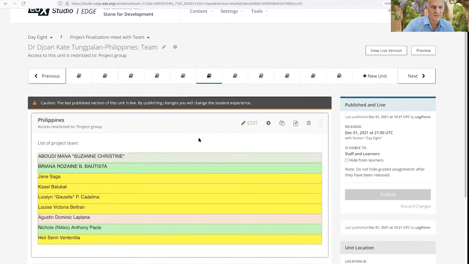This is the Philippines. She was very surprised. She thinks you'll probably break into two groups, a group of 5 and a group of 4. There's no mentors in that group, so someone could jump in there if they wanted to. Any corrections, just let me know. That's the Philippines.